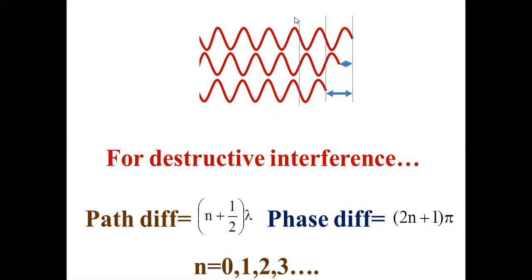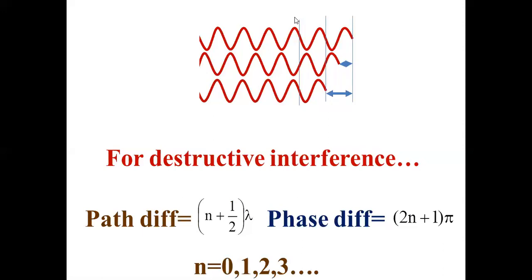If you ask me, sir, how many questions may be asked from this? Only 1 mark, 2 mark, that's all. We have not yet entered into 5 mark questions. But if you want to understand 5 mark questions, you must have all these small things in your brain. If you don't know what a wave is, what the phase difference is, how they superpose, you will never understand interference. So these things should be inside the brain. Don't study them as if you want them just for writing in the exam. All these equations are needed, but not everything I have done.